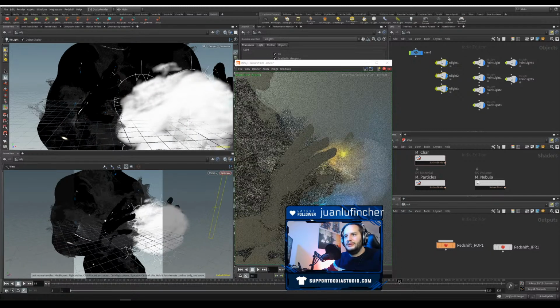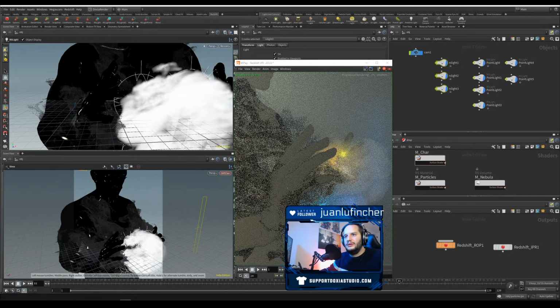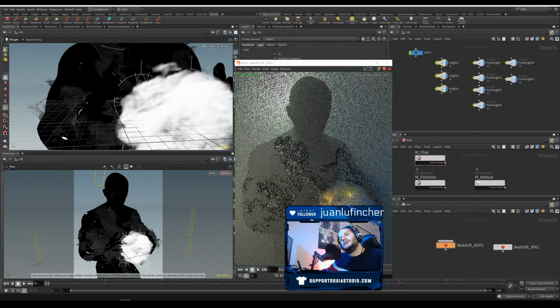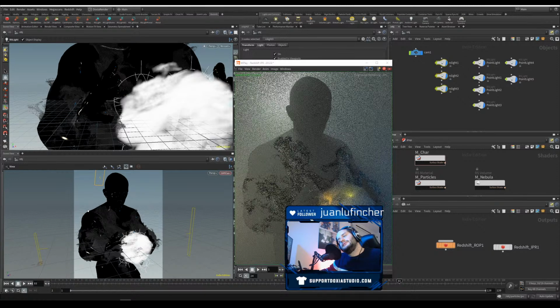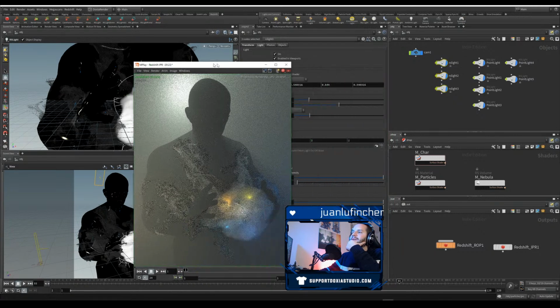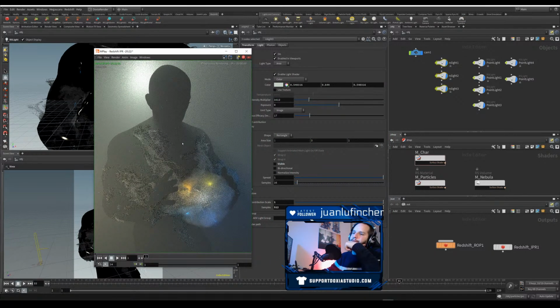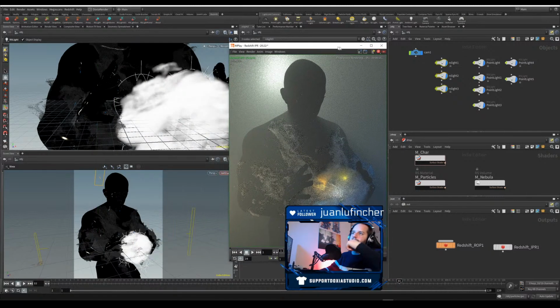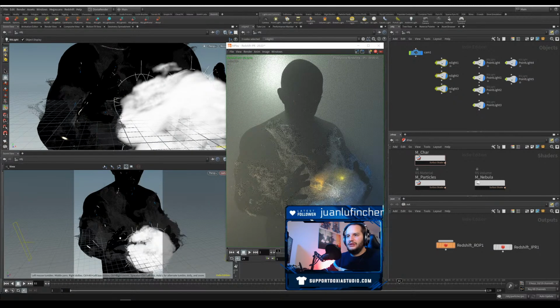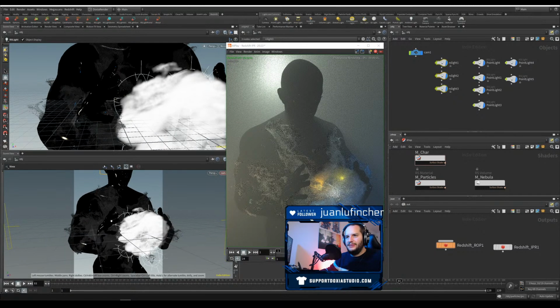Let's see what we can do. Something is missing, right? Something is missing from the comp. And this resolution is not the best, right? But